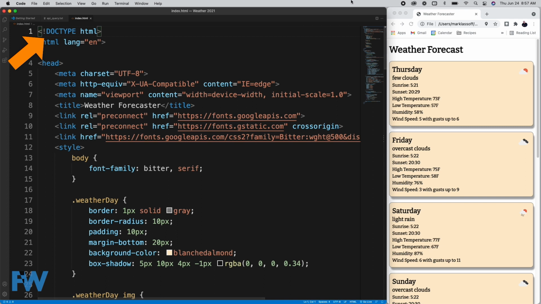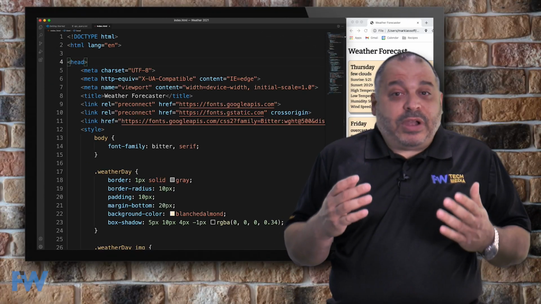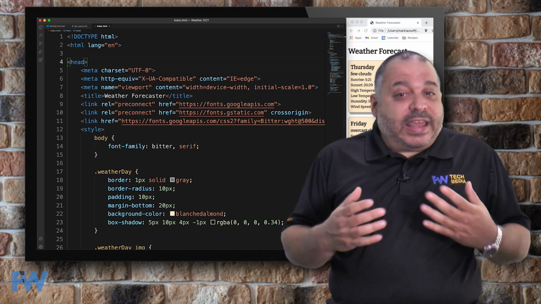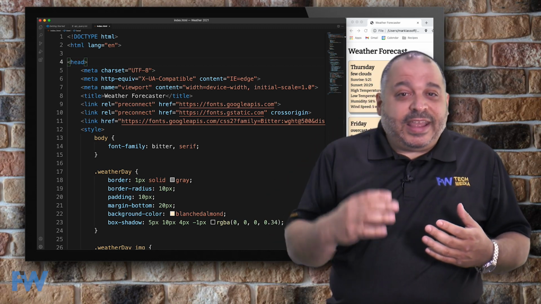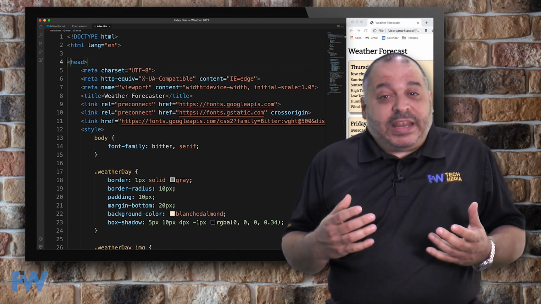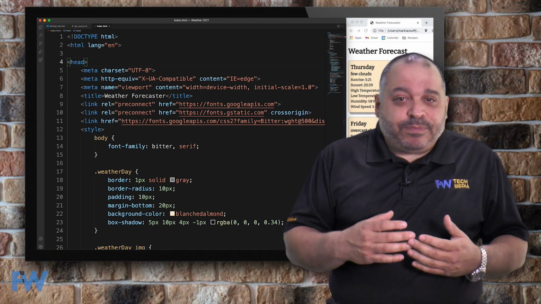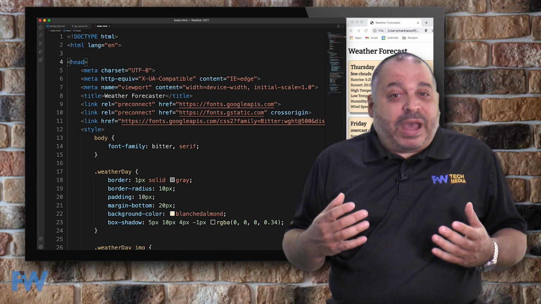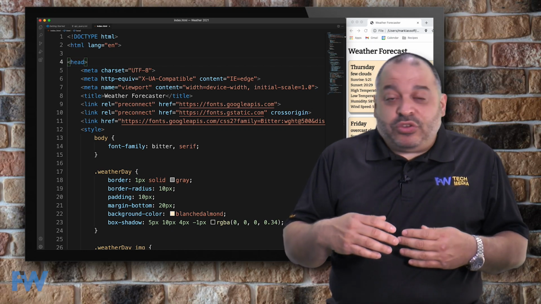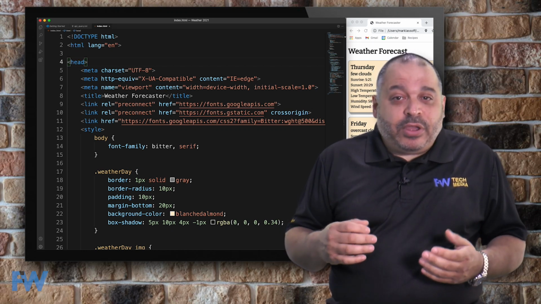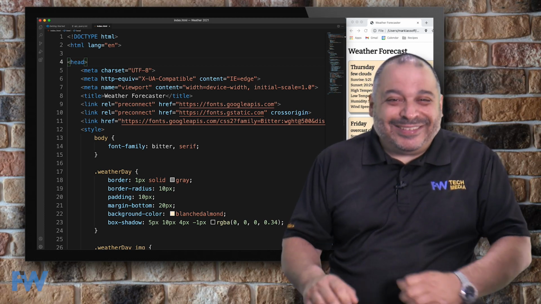Of course, line 1 is called our document type definition, and that simply declares that we're writing HTML5 code. On line 2, we have our opening HTML tag, and then on line 4, the head section of our document. As you probably know, all HTML documents are divided into 2 sections, the head and the body. The head section contains meta information and links to code. Meta information is essentially information about your application, and the links can be to external code that you might use during your app. We've got all of those here, so let's take a look.